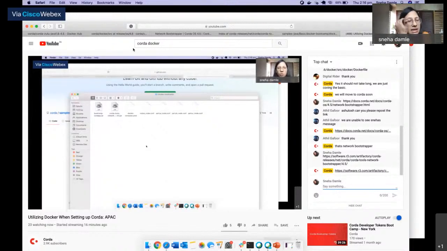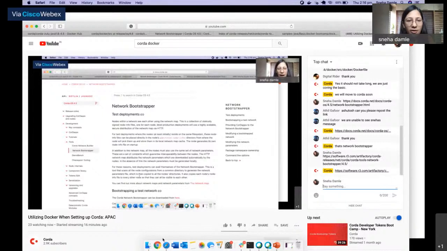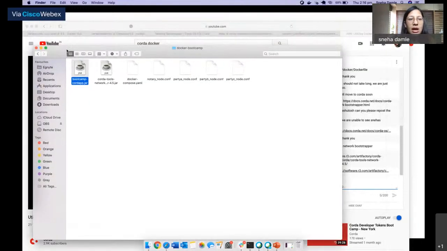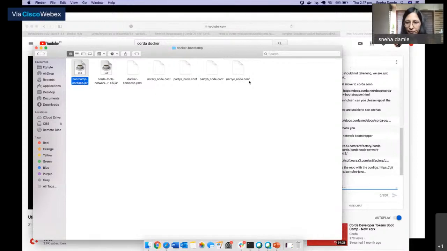Once you have the network bootstrapper, make sure that your folder consists of all these things: the network bootstrapper, the Bootcamp CodeApp jar, and the configurations for the 4 nodes.